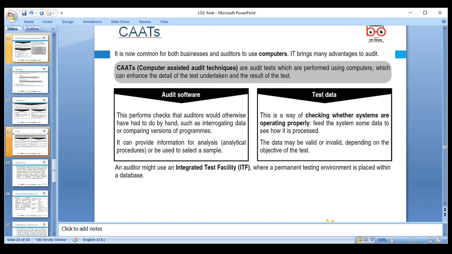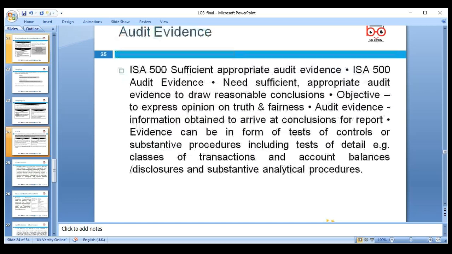Getting the data and comparing the version of the program. Maybe you have used Sage before, for management accounts. We need tests of control, which is the way of checking whether the system is operating properly. We feed the system some data and see if it is processed, valid and invalid. So we can use integrated test facilities to make these tests. Under ISA, the International Standards on Auditing,